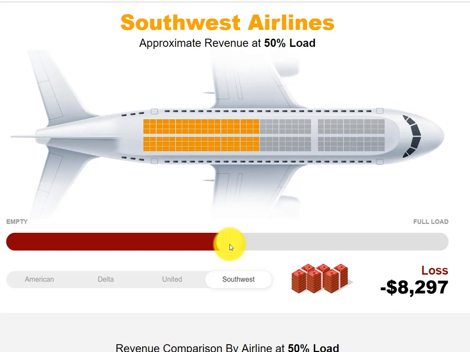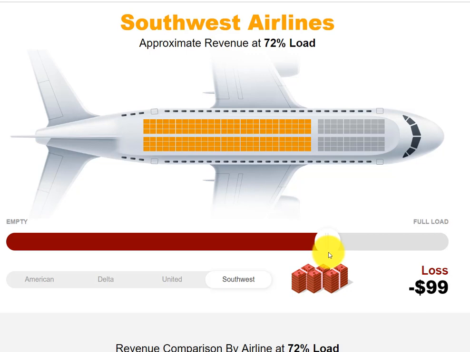So there has to be the number of flight attendants mandated, usually by the number of exits in case there's an accident. But this allows you to change how many people are on the flight. So you see we're below the break-even point at 54%. We started at 50. As we increase the number of people, obviously the costs are only changing slightly because you're going to have a little bit more food and a little more of those other incidentals, but most of the costs are the same, but you're getting more revenue as you add people to the flight until you get to the break-even point, which is right around, for Southwest, just over 72%